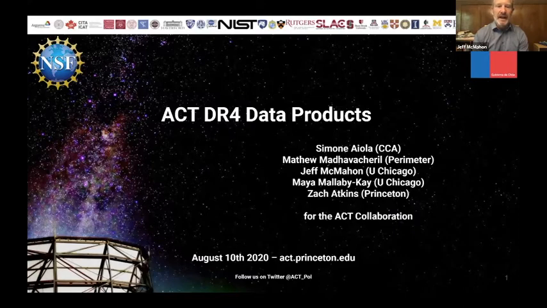which will focus on the ACT DR4 data products. This set of data products includes temperature and polarization maps that cover almost half the sky at high resolution that we hope many of you will find very useful for whatever projects you can conceive, but also involves lensing maps, component separated maps, spectra, some catalogs and likelihoods. And what we really want to do is make sure that we publicize what we've put out there and also help you and the broader community understand how to work with our data and what tools we've provided to help